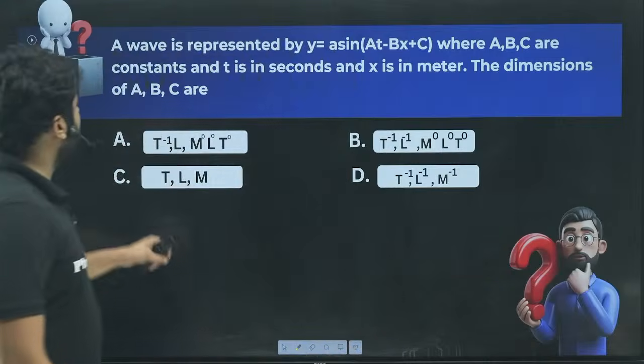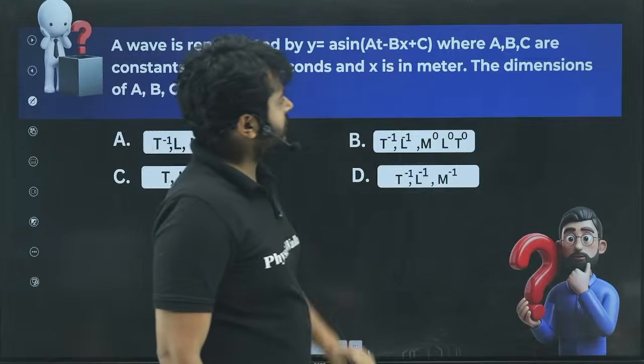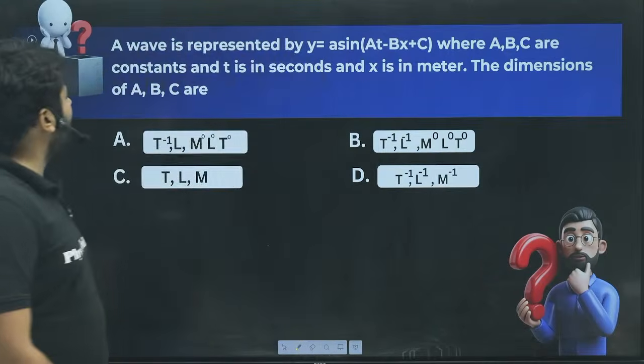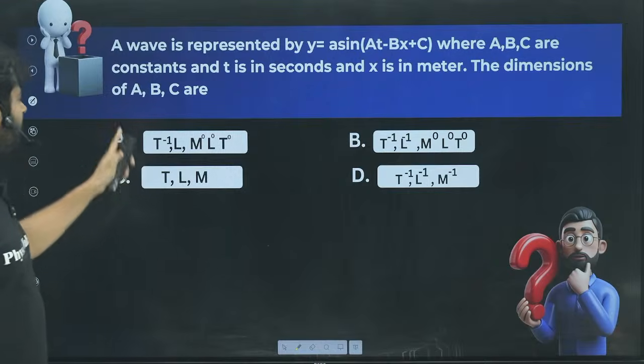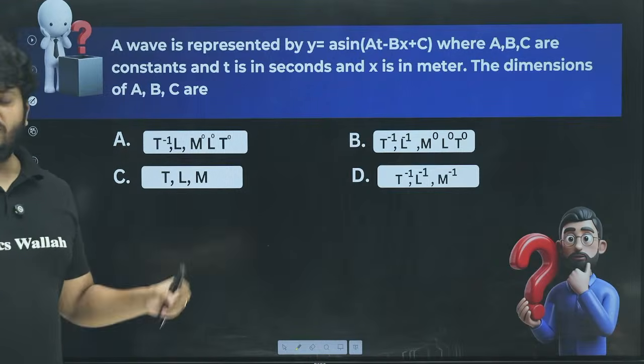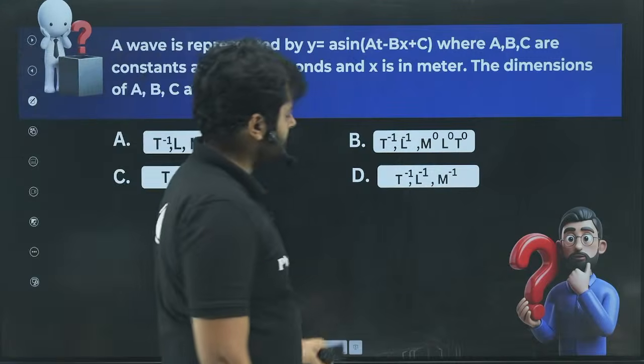Look at this thing. This is a numerical we have. A wave is represented by this relation where A, B and C are constants and T is in seconds and X is in meters. What will be the dimension of A, B and C? Before you solve it, just quickly tell me,